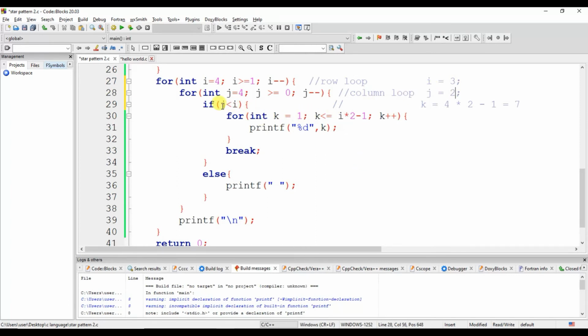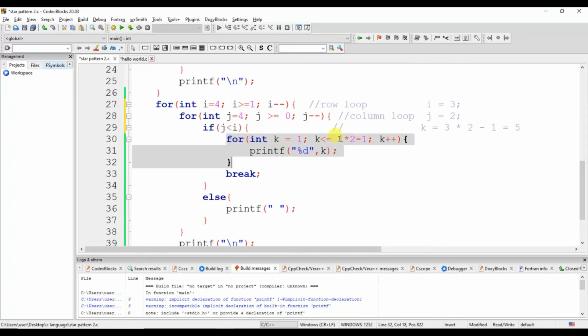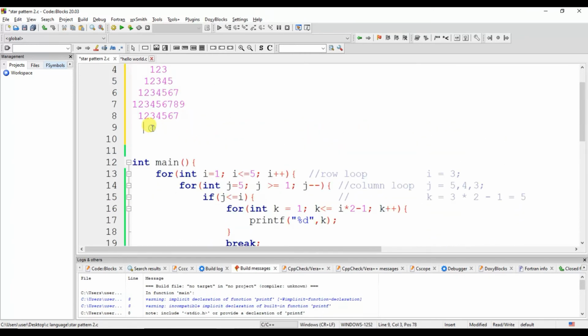When J becomes 2, the condition is satisfied, and here the I value is 3, and 3 into 2 is 6, minus 1 equals 5. It means this loop runs 5 times and prints 1 2 3 4 5. So we are here, 1 2 3 4 5.